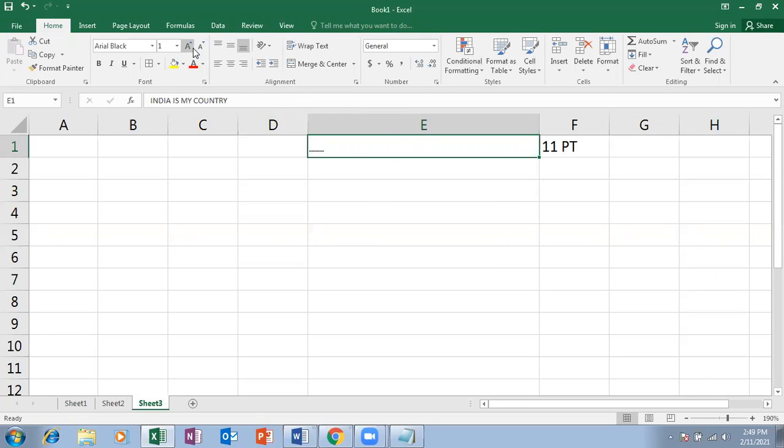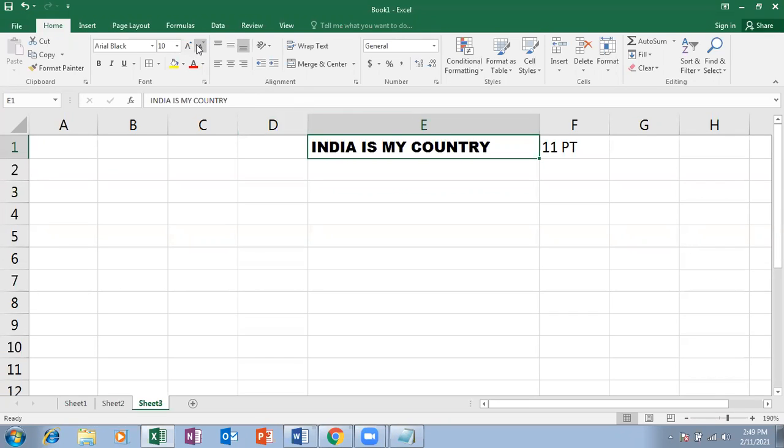And then again, let me set the font size to standard, like 10 or 11.